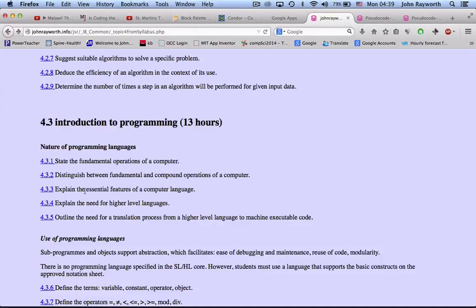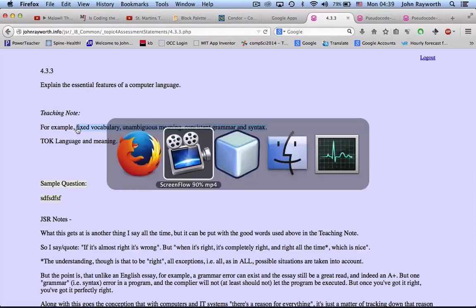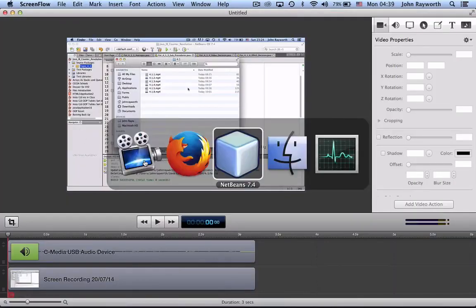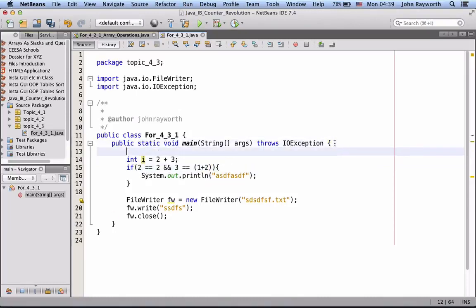4.3.3 Explain the essential features of a computer language. Well, let's take a look at each one of these and see what they mean by each of them. And we might as well just use whatever we're working on right here, which is a kind of mumbo-jumbo